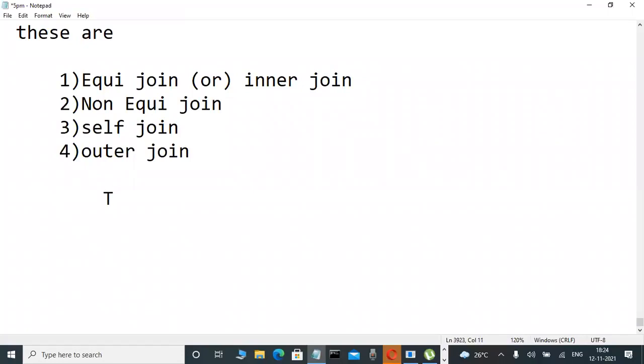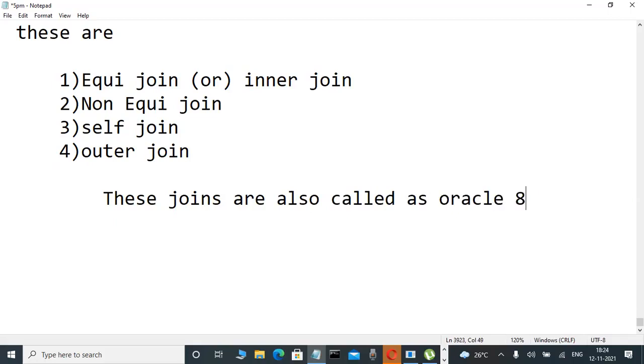These joins, meaning these 4, are also called Oracle 8i joins. 8i means version, i means internet. Along with these joins,